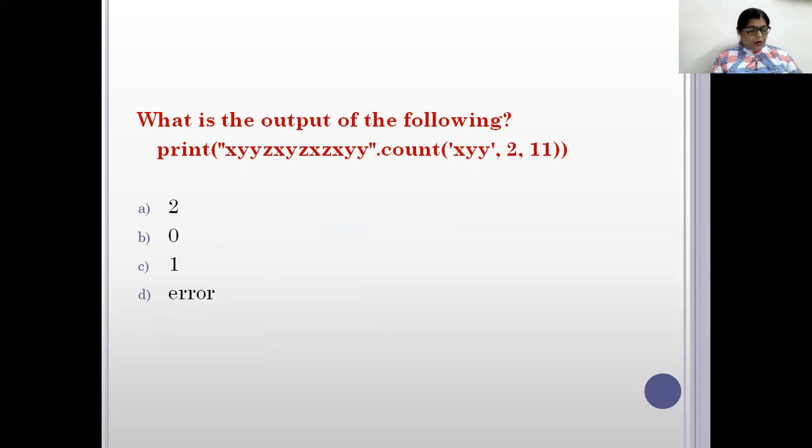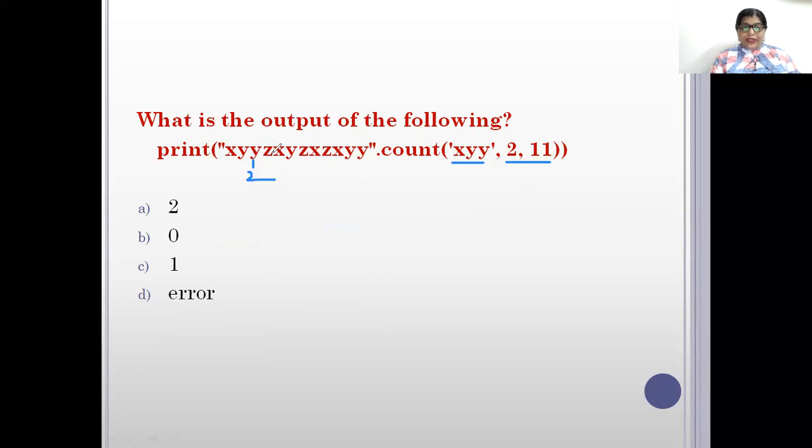Okay, what is the output of this? So in this you have to count XYY from index 2 to 11. It means you first have to do the indexing. This is 0, this is 1, this is 2. 11 means you have to put the index at 10 here.